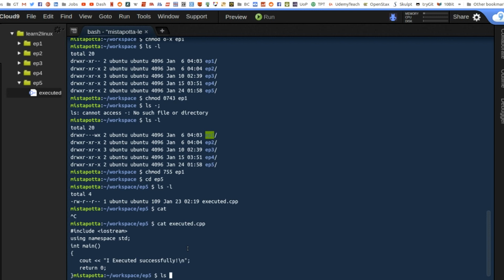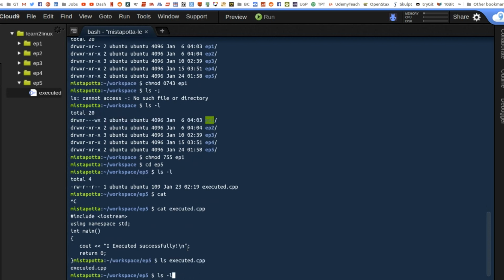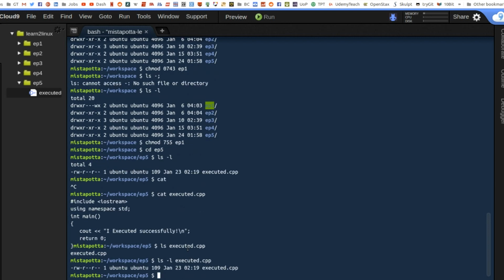If I list it with an L, then I'm going to see that I have the ability to read and write. I can't execute it. Others can only read it. If I compile it,